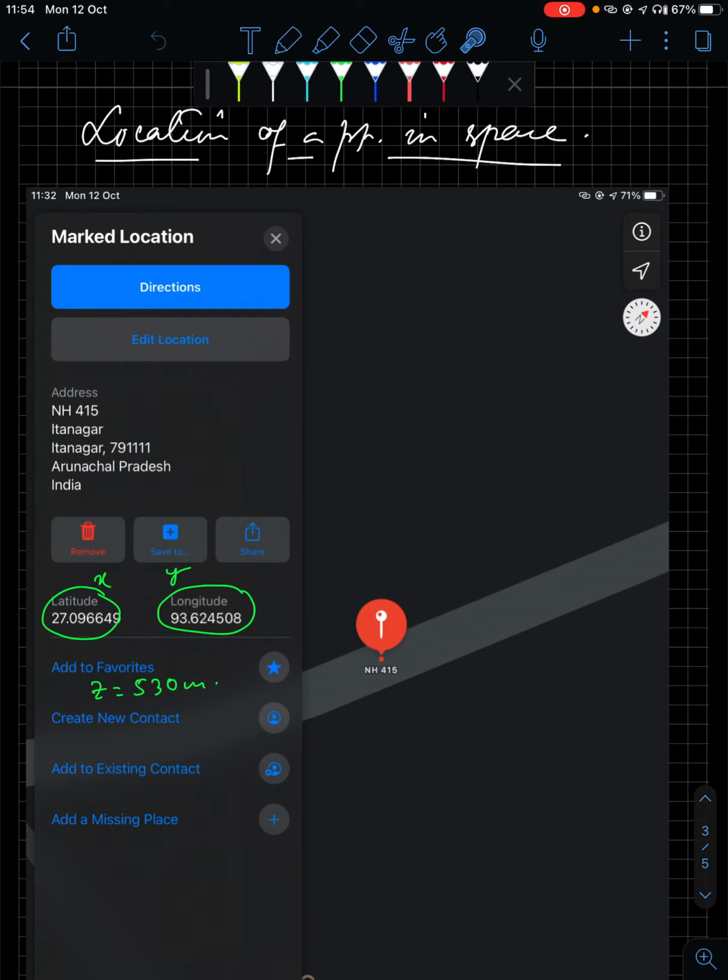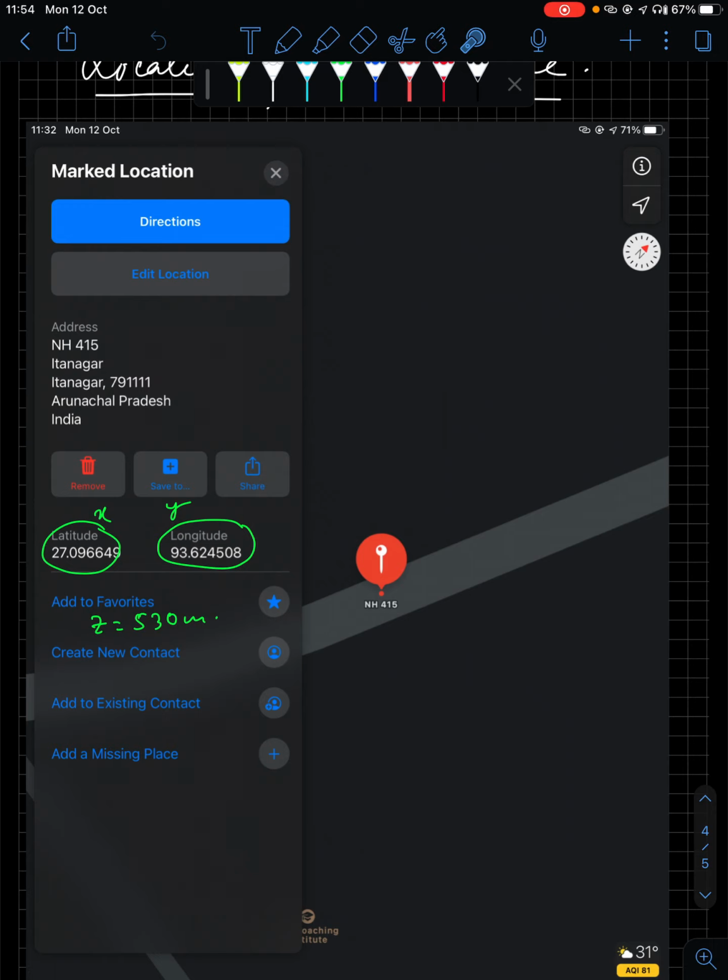Now I will show you one more example to understand this, a more familiar example, the map. In the map you can find out any location, right? Say I am showing you one particular place. This is the road adjacent to Scholars Institute, Itanagar. Now you see, if you know how to locate your position in Google Maps or Apple Maps, you will find your location has some latitude and some longitude.